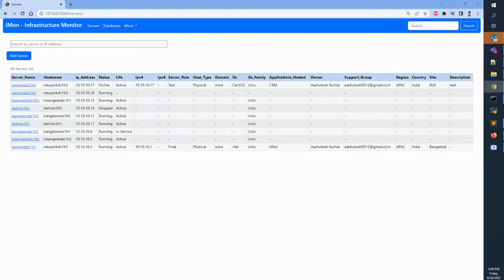Hello and welcome everyone. Today I am going to demonstrate an infrastructure monitoring tool, or iMon in short, built on Python and Django. This single page web application can onboard, manage, monitor and alert any